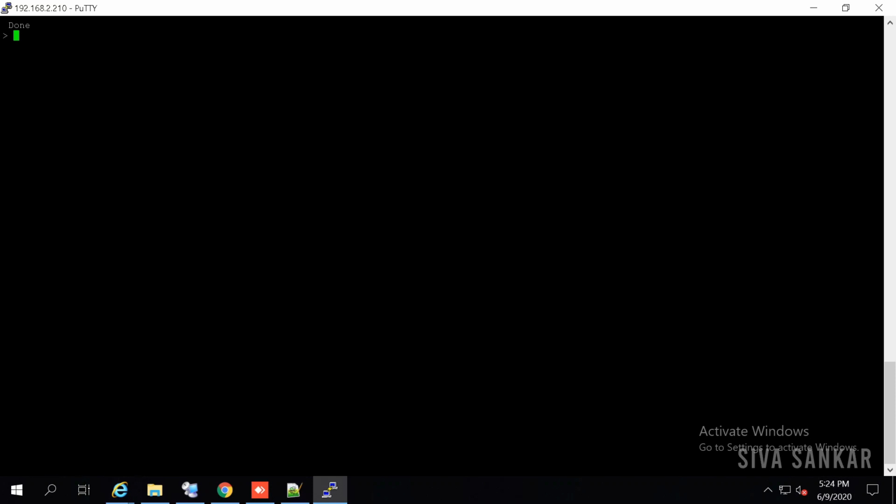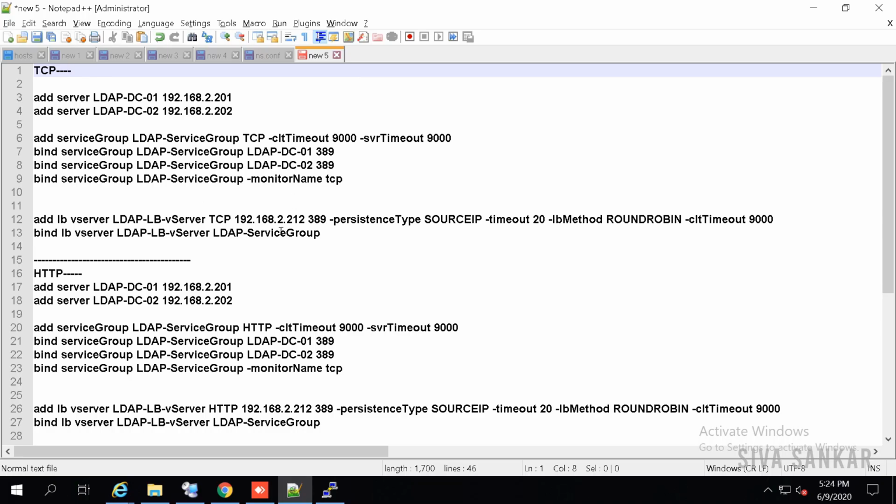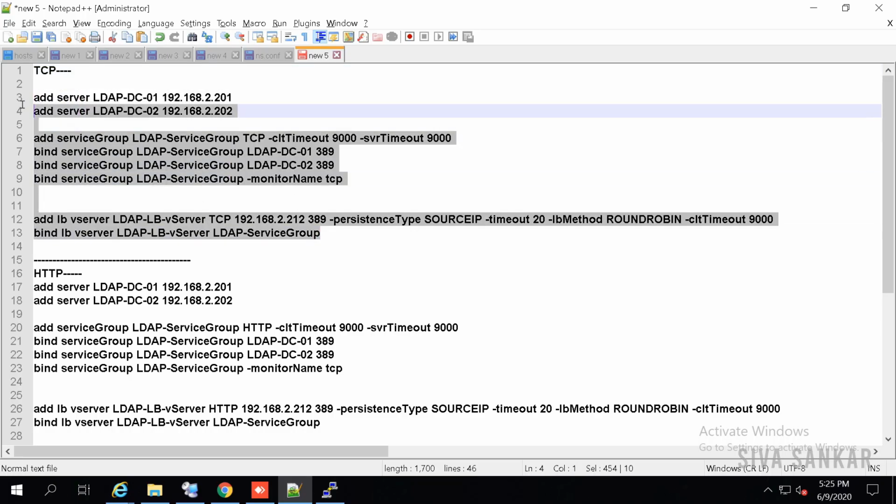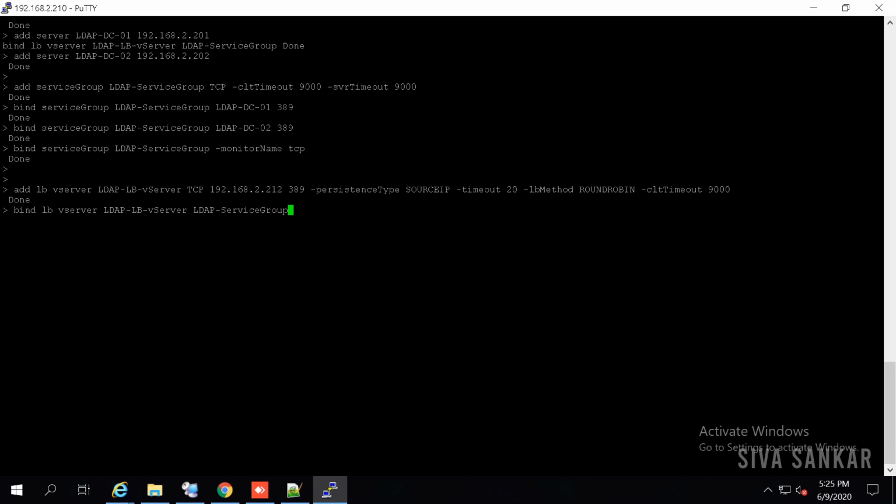Now connect to the putty. Connect to the NetScaler using the putty. I want to configure, right? Just copy these commands. Go right click. It will be pasted. Say enter. That's it. Everything is showing done, right? Finally, type save space config. It will save the configuration file. Now everything is done. You created it.